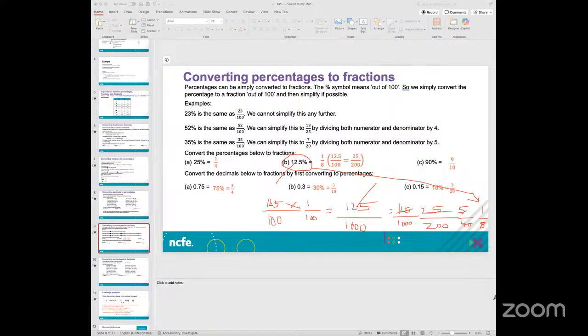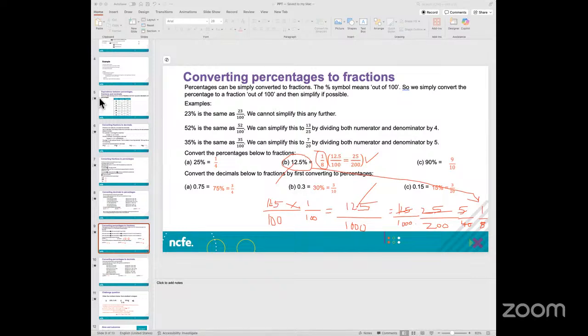But if it says convert 12.5% into a fraction, you could also leave it at 25 by 200, and that would be acceptable as an answer. But generally, when you simplify it and you see the numbers are divisible, and they have a common factor in the numerator and denominator that you can divide, then you bring it down to the simplest possible value, which is 1/8. That means if I have to talk about 12.5%, it is 1/8 of 100. And that is how you would convert percentages to fractions.